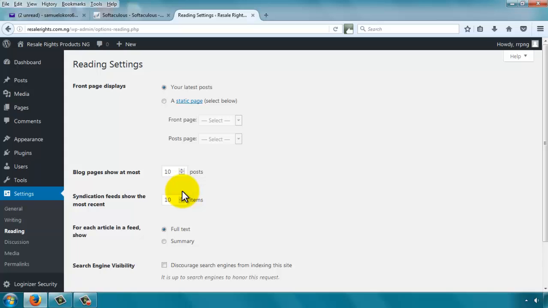So reading, if you want your front page to show up in a blog format where you have all the latest posts listed there, then you leave this setting here. Your front page is your home page. But if you want to use a fixed page, say you just want to have a fixed write-up,